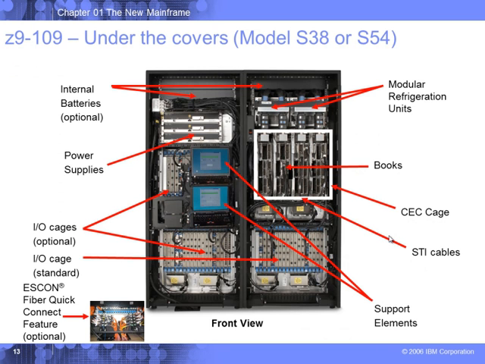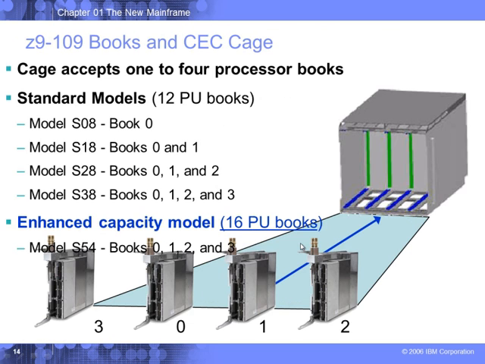And this is under the hood, so we definitely will have a tour of the data center for you to go see a Z9 up close. So you'll see everything here. You'll see over here the service elements. You'll learn what a service element is. You'll see what the books are. They contain the processors and memory, etc. And these are the OSA cards for the I/O, input output. This is just fascinating stuff.